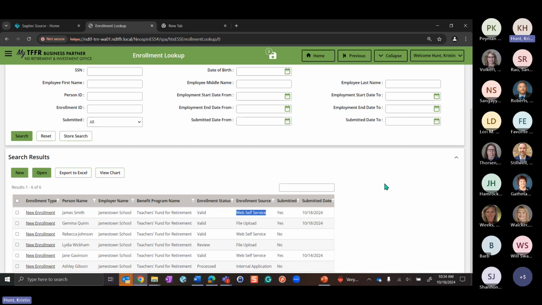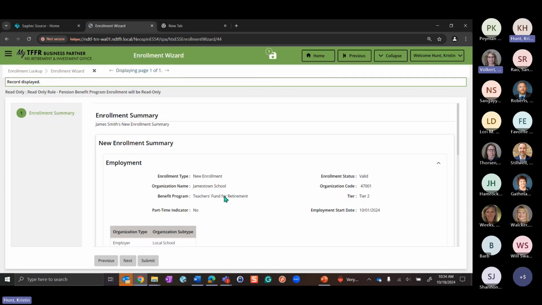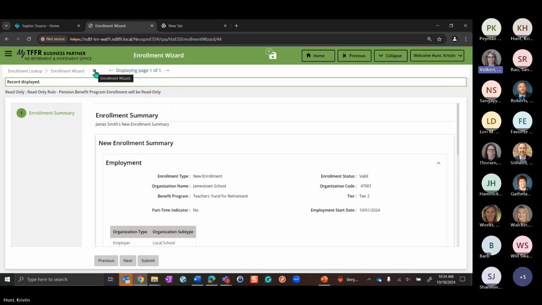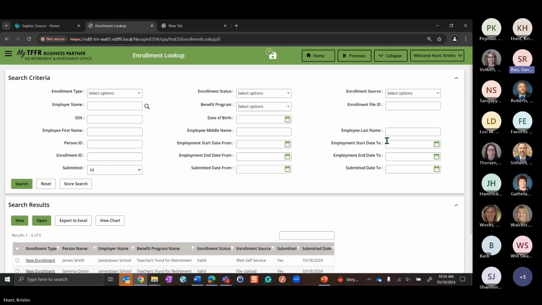Are there any questions? I just want to mention one thing, and I don't remember what page it was on, but the one that asked for the tier. I don't think they're going to have to worry about that. I don't know if somebody can verify that for me or not. That is correct, Tanya. Currently you have it, but it's going to automatically pull the tier based on their join date.